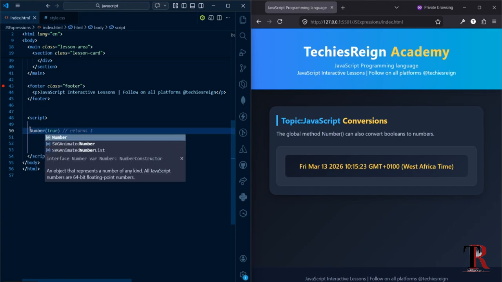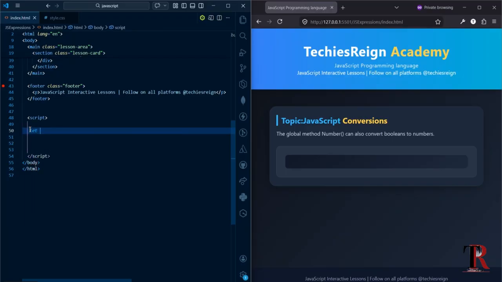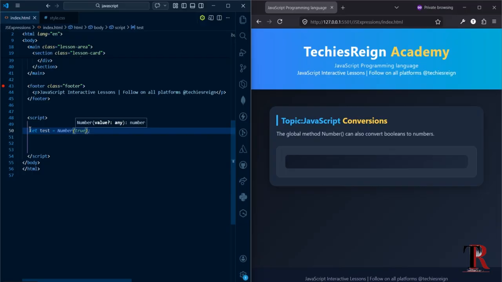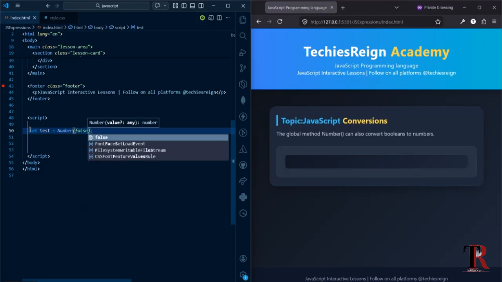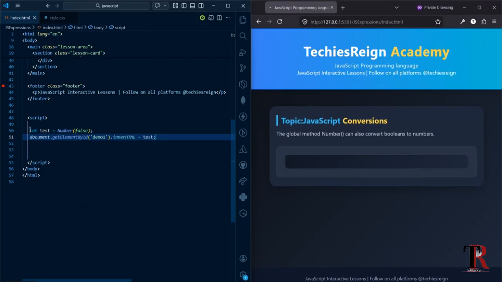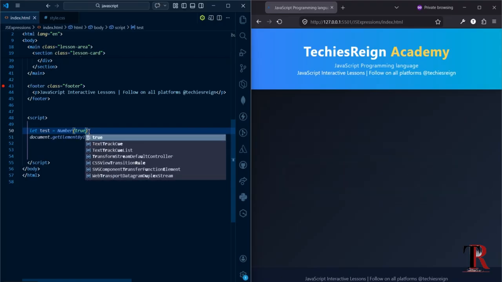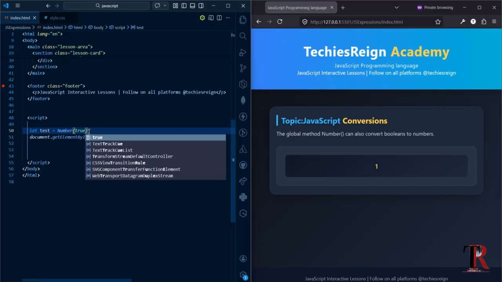So now here I need a variable, let test equal to the number method, and then I can just pass in false. And now you can see it returns what? 0. So 0 stands for false in JavaScript,